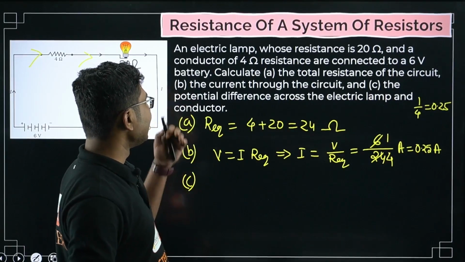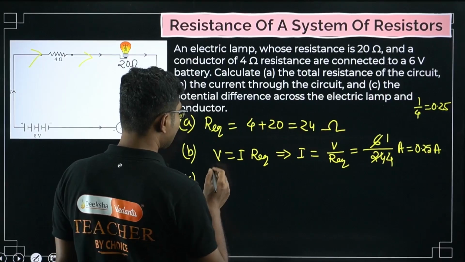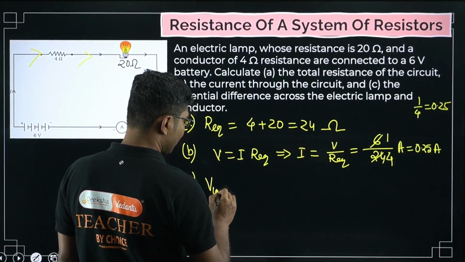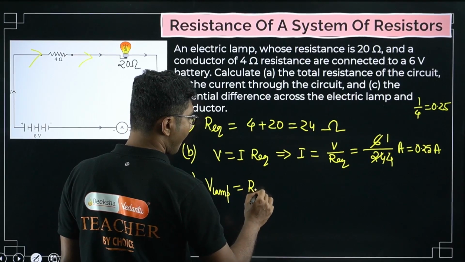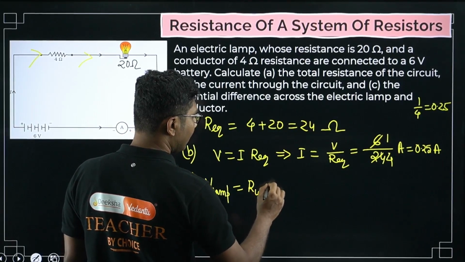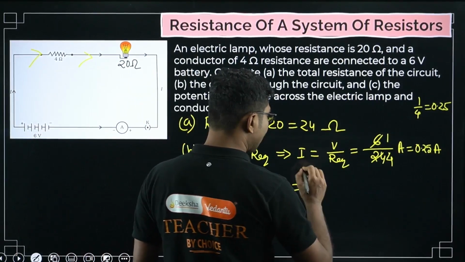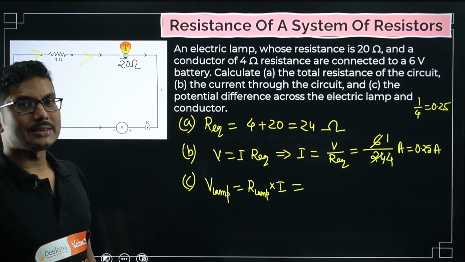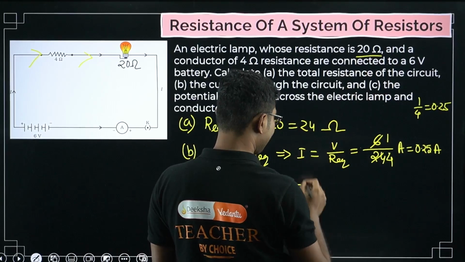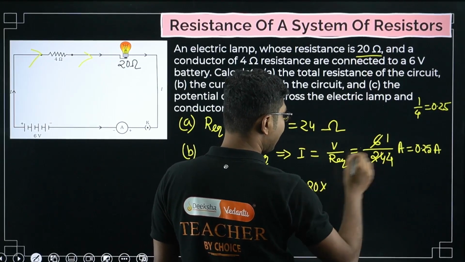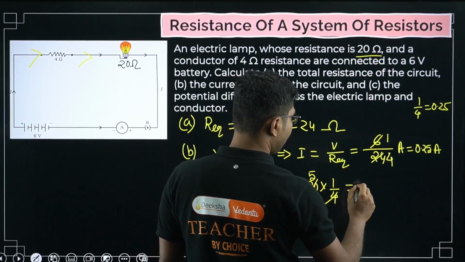Next is part C, the potential difference across the electric lamp and the conductor. So what is the potential difference across the lamp? So potential difference across the lamp is basically resistance of the lamp and the current in the circuit. V is equal to IR, but because we are only considering lamp, so we will consider the resistance of the lamp only. So what is R lamp? Given that lamp is 20 ohm and current we have already calculated, 1 by 4, so it will be 5